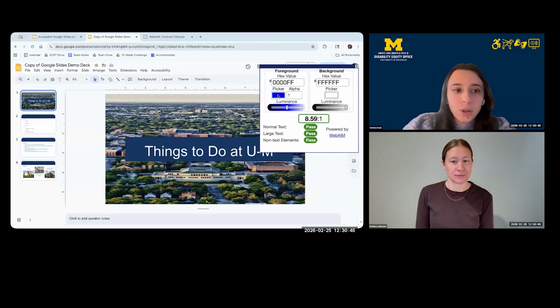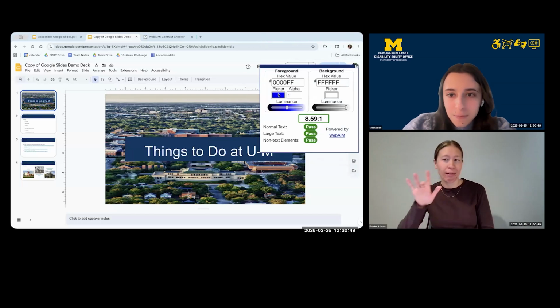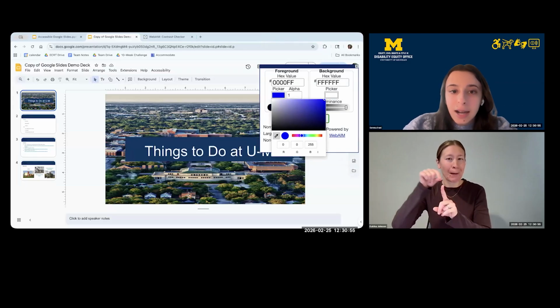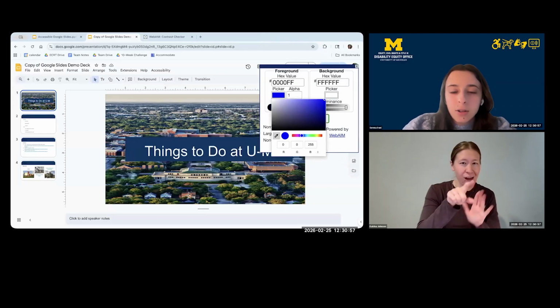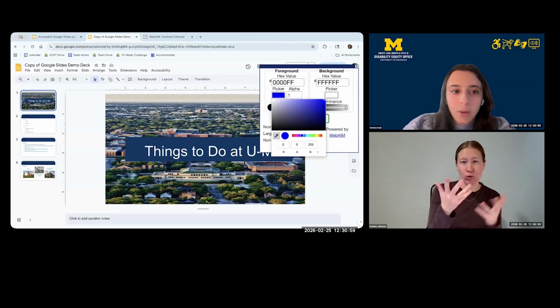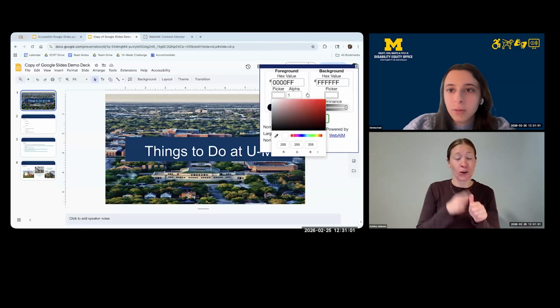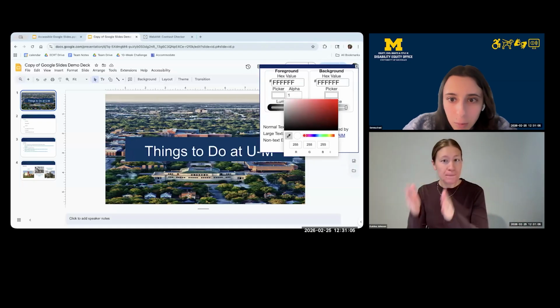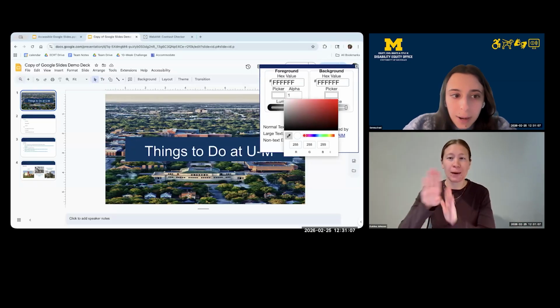So I am going to click the color picker option and use this little eyedropper tool to actually select the exact color from my slide. So I will grab the white for my foreground, that's my text color, and then the blue for my background color.